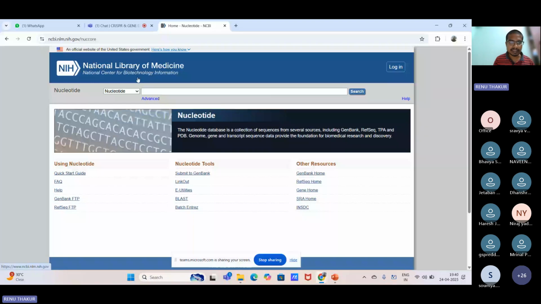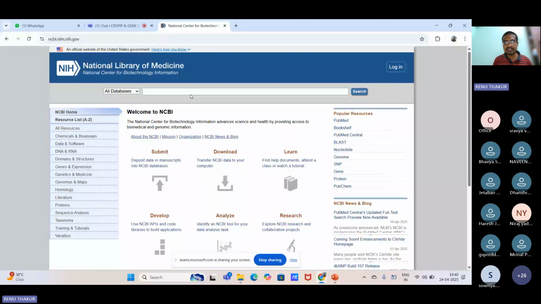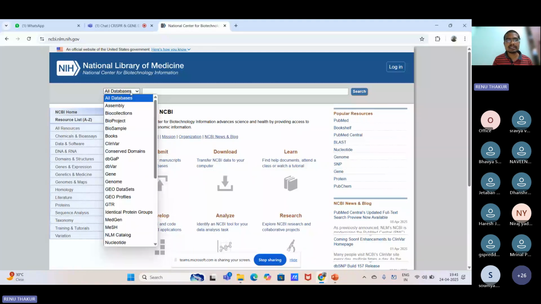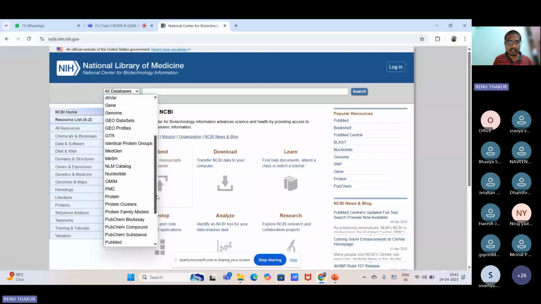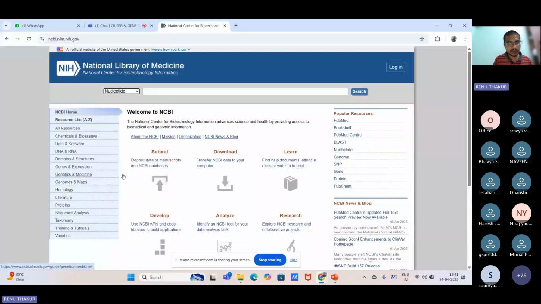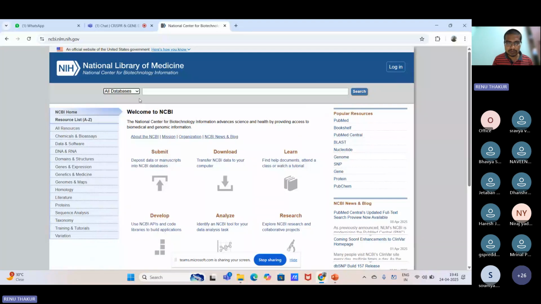This is the homepage of NCBI. The homepage will look like this. Here we can click on all databases, and then select the nucleotide option. If you want to select all databases, we can directly go to that also. I will type the